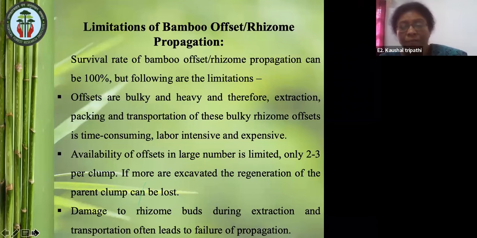And availability of offsets in large number is also limited. Only 2 or 3 can be dug out from per clump. If more are excavated, the regeneration of the parent clump can be lost. Some adverse effect can be there to the parent clump if more offsets are dug out, so only a limited number can be dug out from the parent clump. Damage to the rhizome buds during extraction will cause a low rate of survival in the field. Next